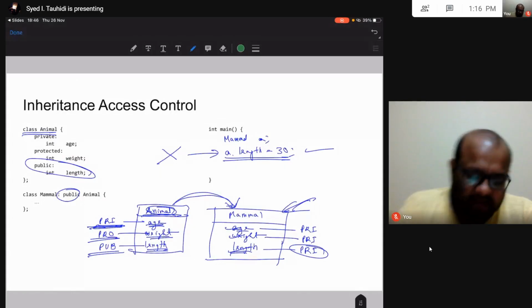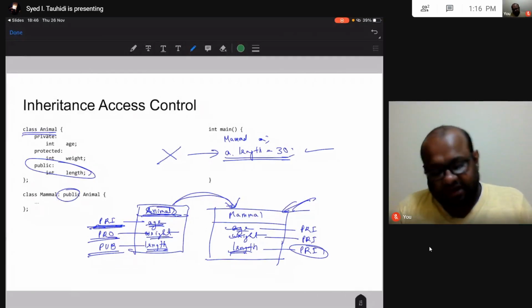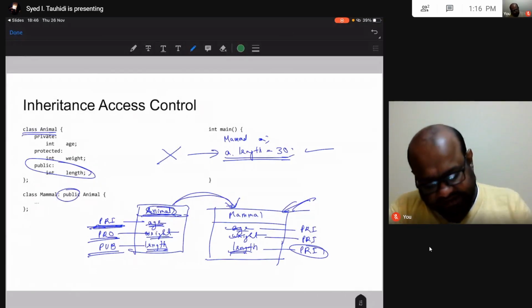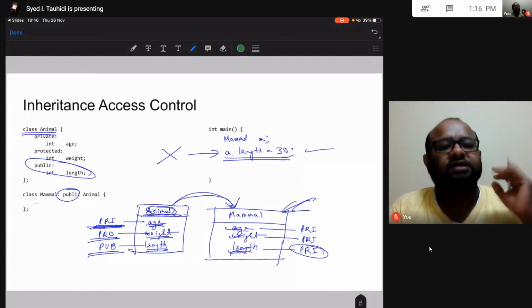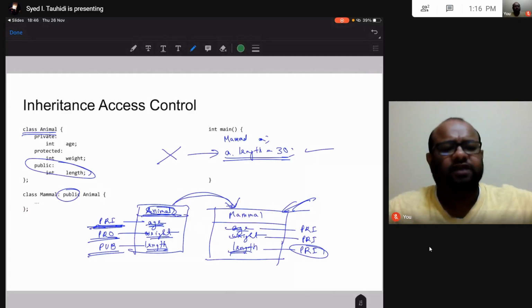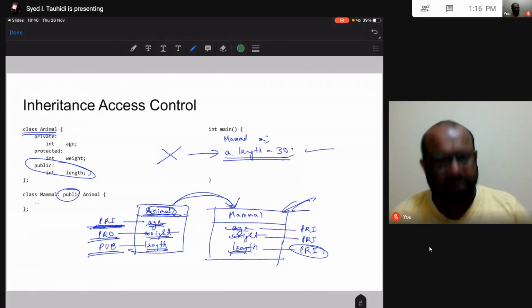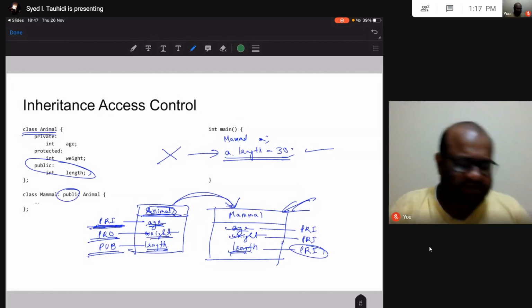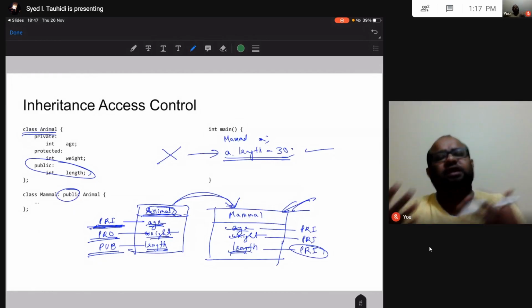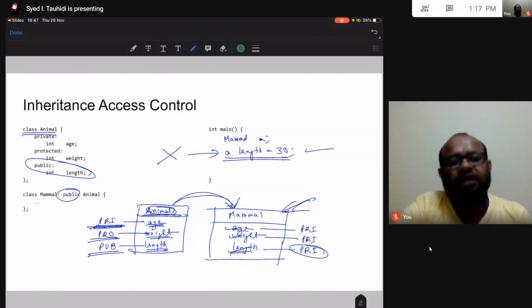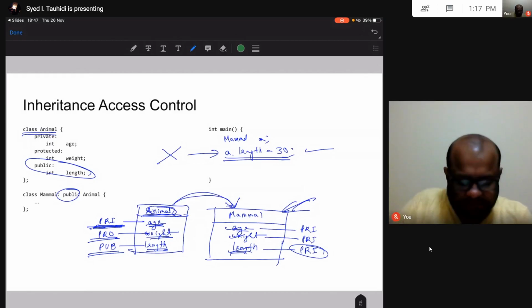What is the problem that exists? There is this class animal. Animal has three attributes of different access specifiers. One is public, one is private, one is protected, and then there is this other class called Mammal. Mammal inherits these three attributes, right? So automatically from animal, Mammal is going to get these things.